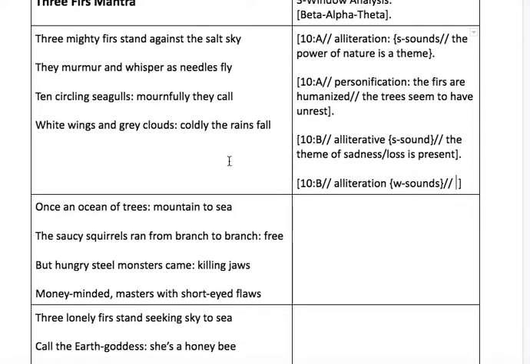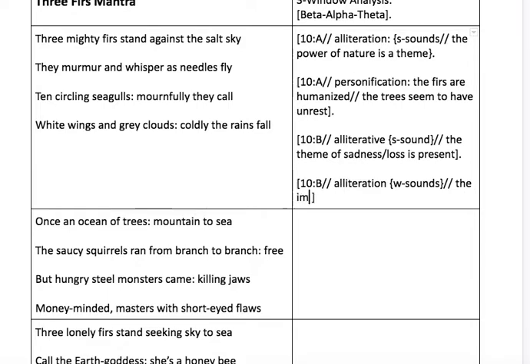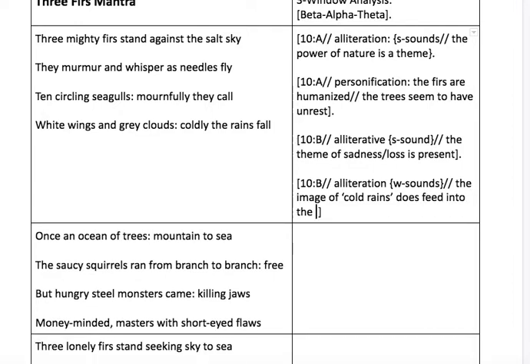The entire stanza has sort of a sad or cold or dark, overshadowed type of feeling. So the image of cold rains does feed into the overall thematic